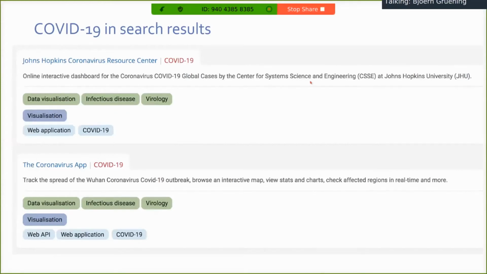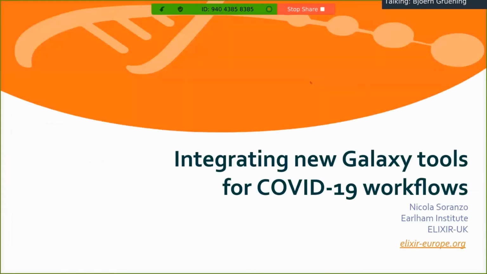And as you also can see here, these are not only classical tools that you execute on a command line, but these can be also resources like the Johns Hopkins Resource Center, which are then linked out. So you have one page with a lot of resources, intelligently grouped, which you can search and inspect.